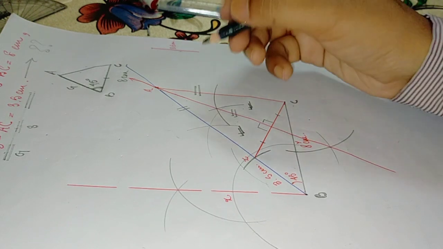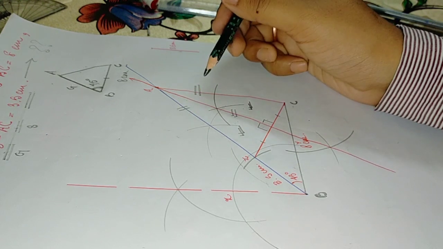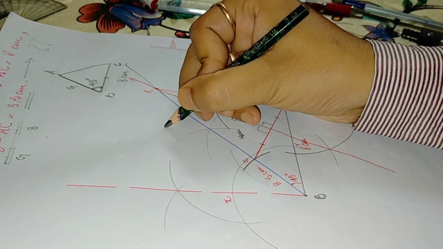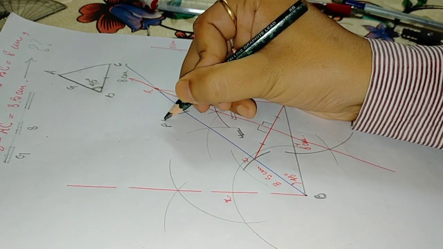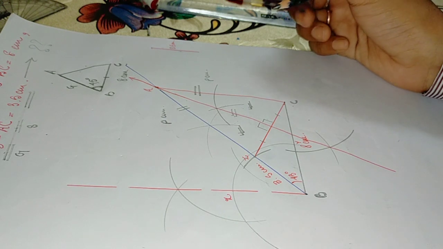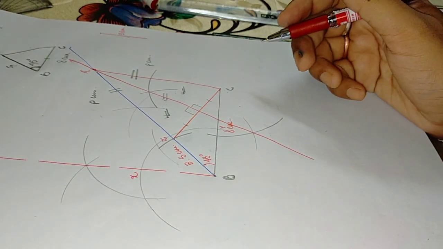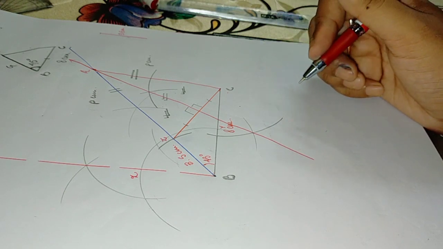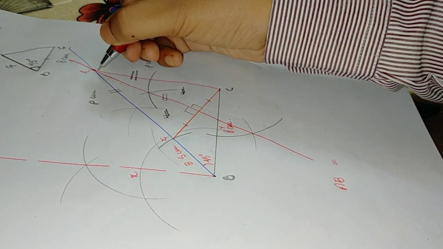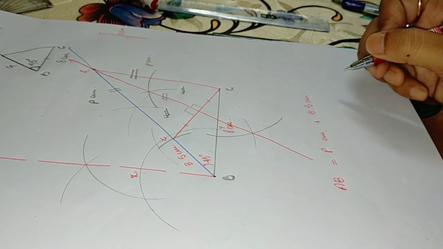Okay, so if these two particular sides are equal, say for example if I take AZ as P, that means think of the value of AZ as P centimeter. Okay, so what will be the value of AC? It will be P centimeter only, isn't it? So what will be the value of AB? I am showing you this so that you understand this part very well, how this is equal. Okay, so what will be the value of AB? AB is equal to, can I write, P centimeter plus 3.5 centimeter? I can write, isn't it?